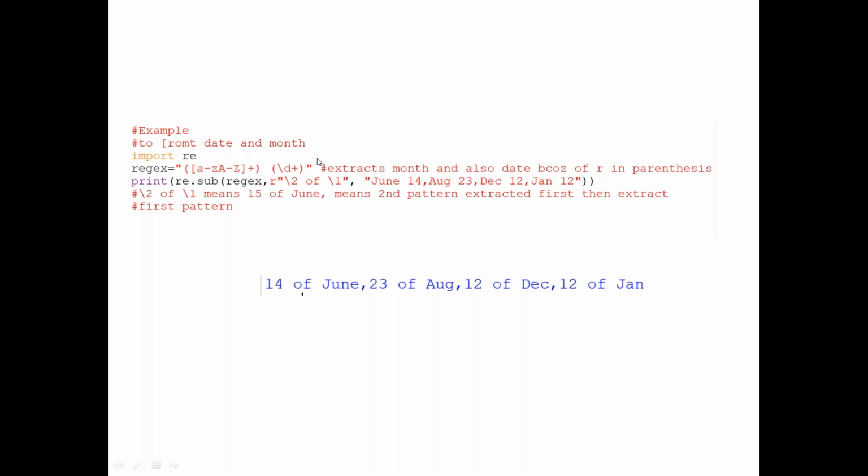Now you want to format your date and month, both. So import re. I'm just using the same format. Extract the month and also the date because both are in parentheses. Open and close brackets I used for both. Now I'm using a substring. So re.sub. Sub is nothing but substitute. I'm using the replace option. In brackets, regular expression, comma, r